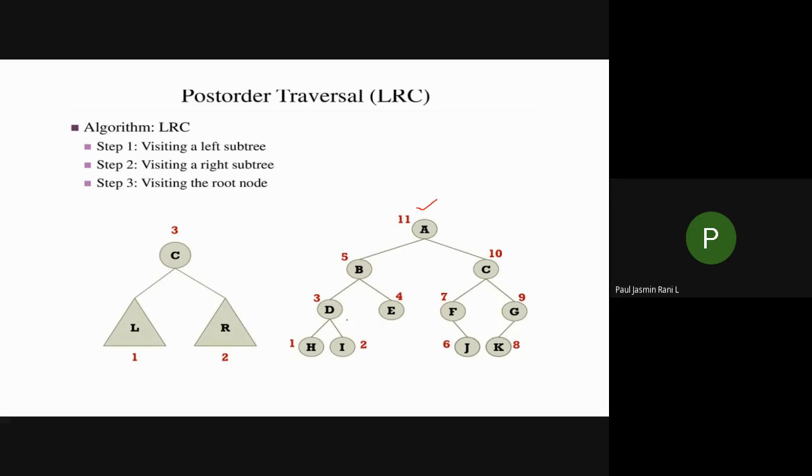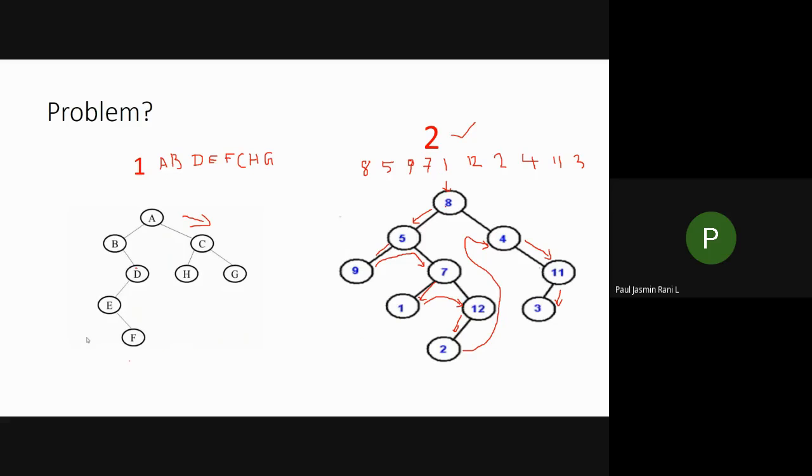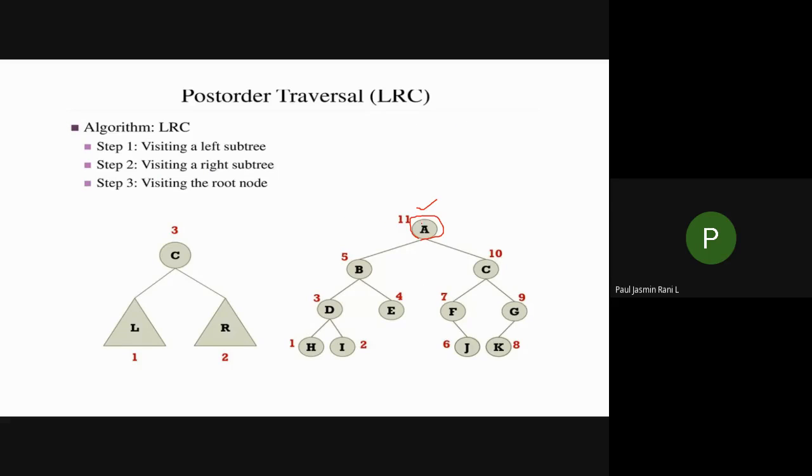Okay. So it means that you have to print the root element at last. Are you getting this, root at the last, ma'am? If you see this one, you are going to print this A at the last. And in the previous example, first you have to print the root node at the first. So that is the thing you have to remember: the root node is printed first in pre-order traversal, and in post-order traversal the root node is printed